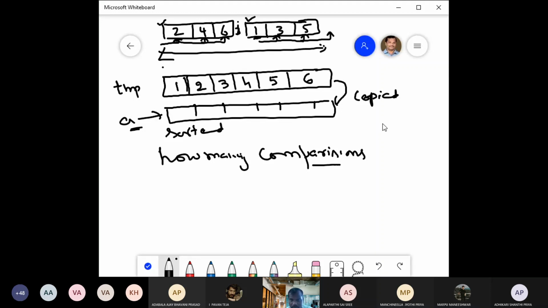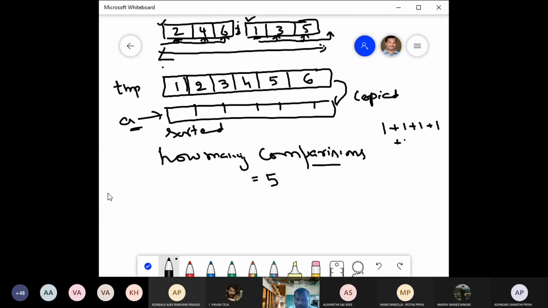So 1 comparison. Then 2 and 3 are compared, 1 more comparison. Then 3 and 4 are compared, 1 more comparison. Then 4 and 5 are compared, 1 comparison. Then 5 and 6 are compared, 1 comparison. So total in this example, 5 comparisons are there.